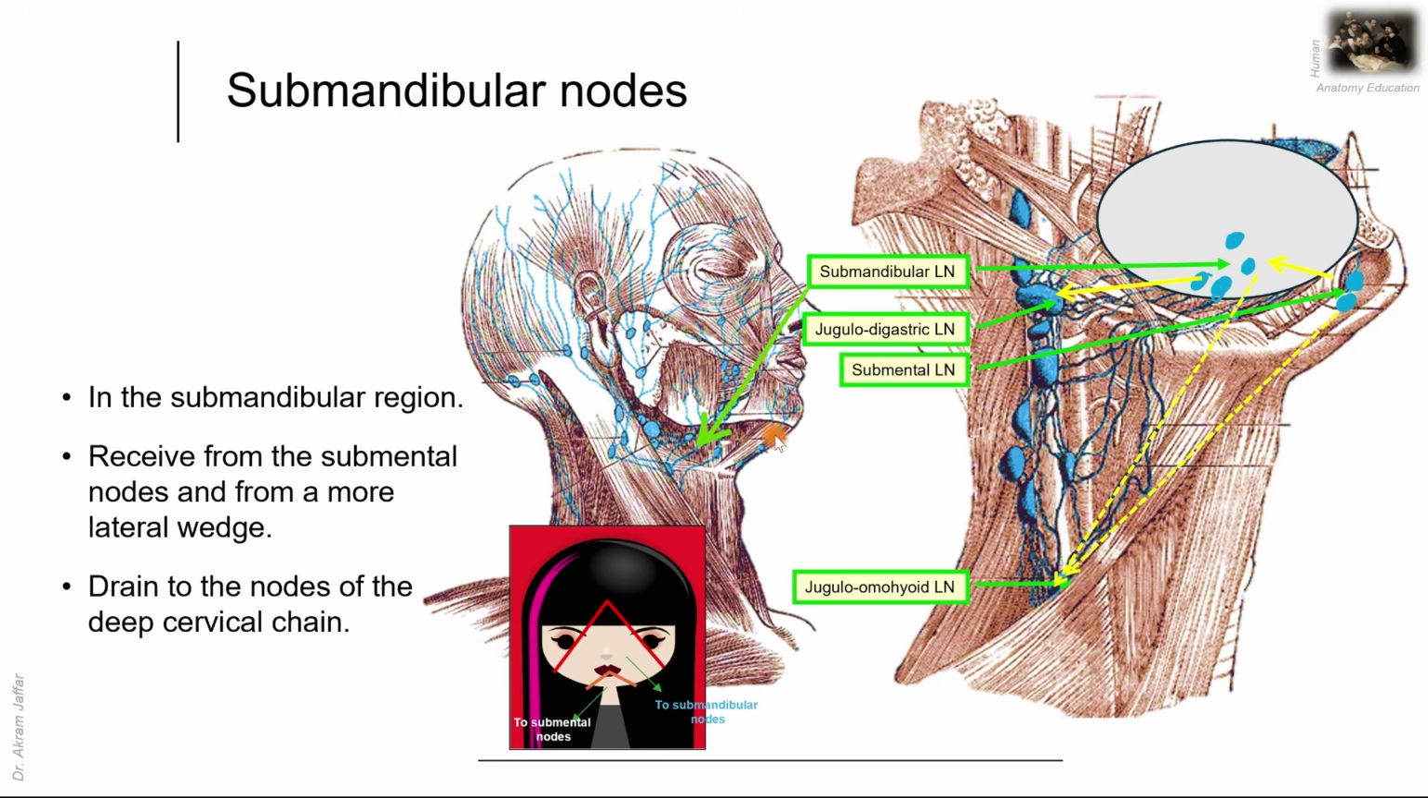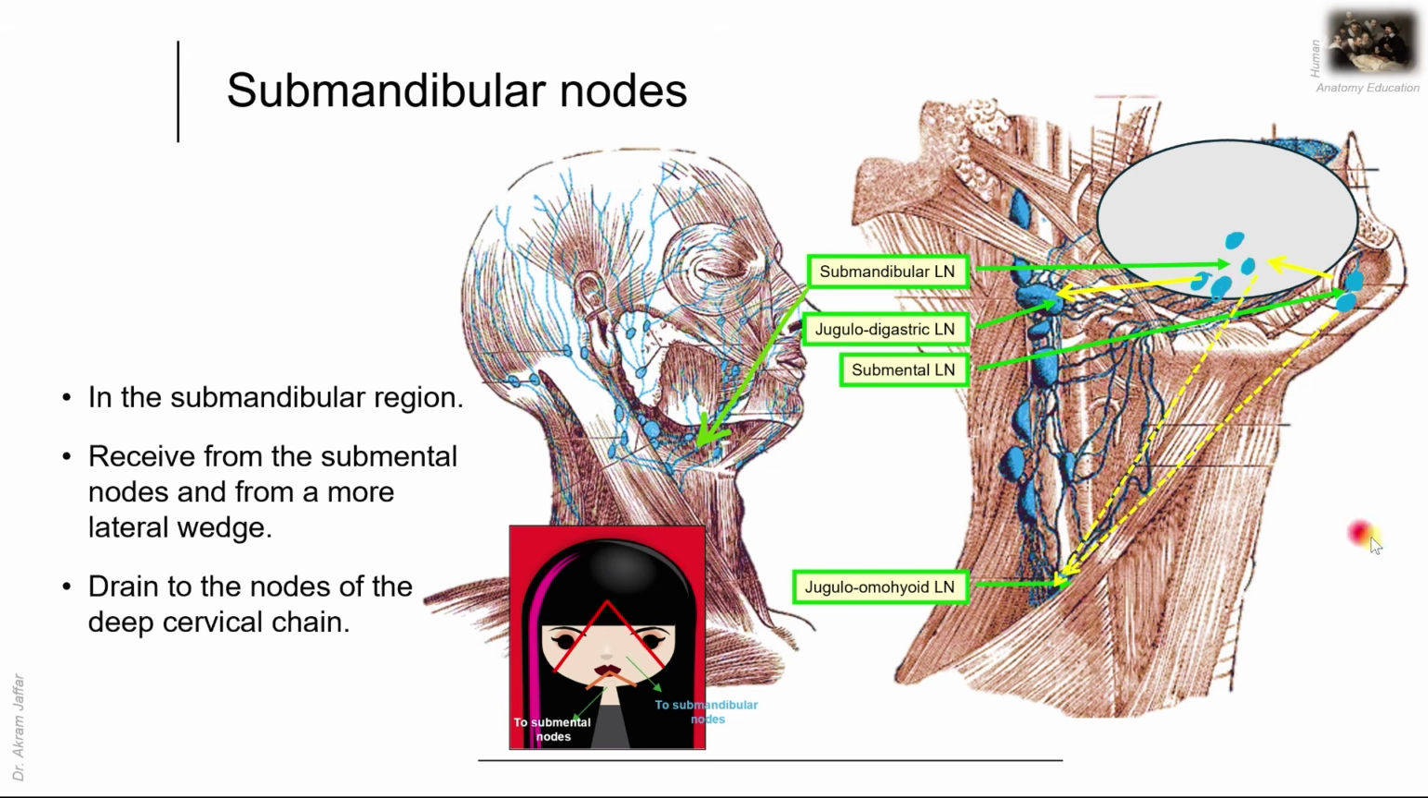Remember, the submandibular triangle is bounded by the digastric muscle and the inferior border of the mandible. So they lie in close proximity to the submandibular salivary gland, not shown here. That's why they were primarily confused as glands before. So these submandibular lymph nodes, as I have just mentioned, receive from the submental lymph nodes, but they also